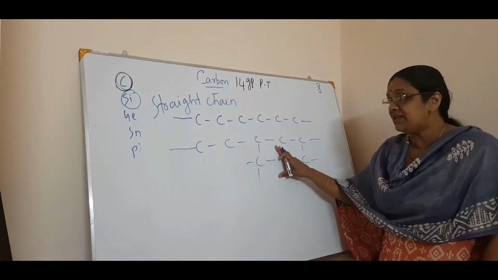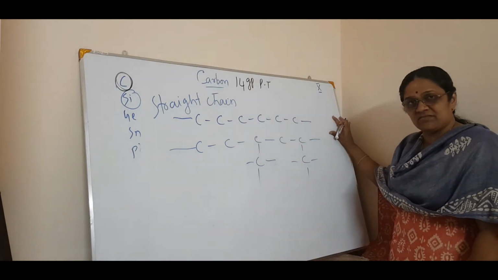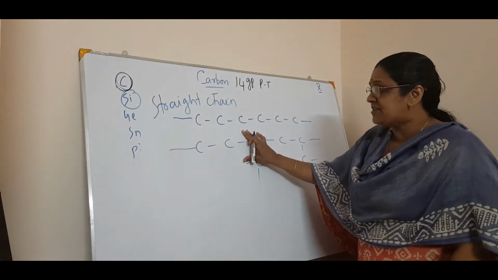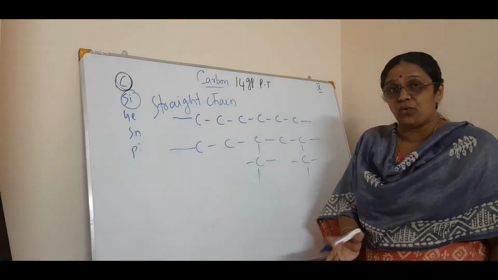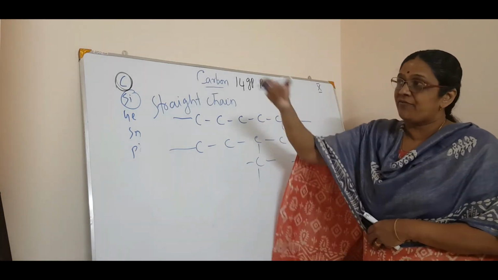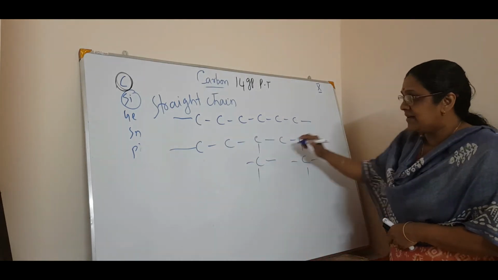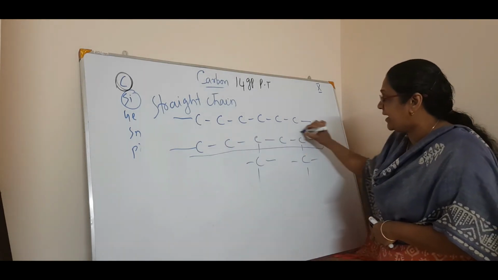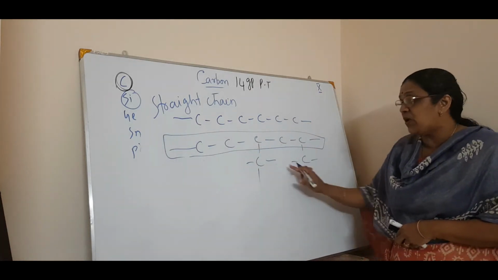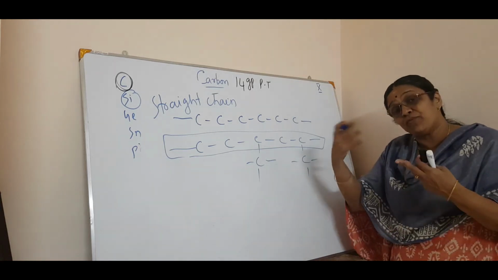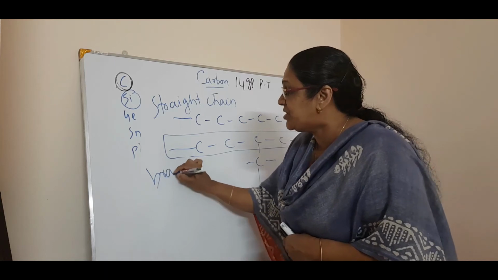You know what is branching? This is a straight chain, meaning only carbon in a straight chain. Here it is branched, meaning branches are there. In trees also, there is only one trunk, and from that branches come out. Likewise, the main skeleton is here, and from that the branches will occur. That type of compound is also possible in carbon, and it is called a branched compound.